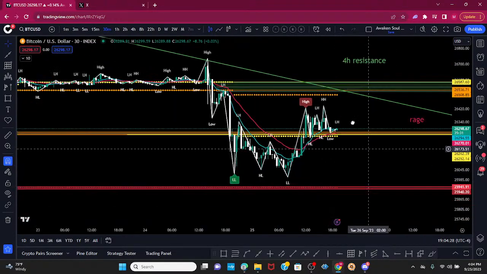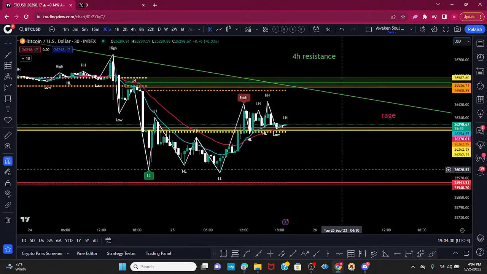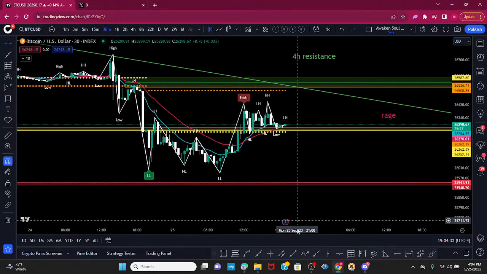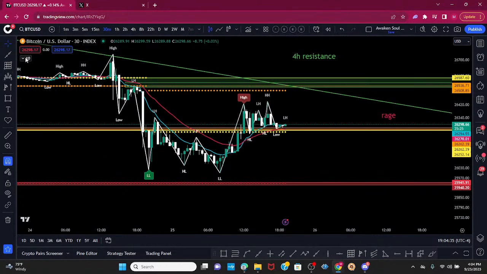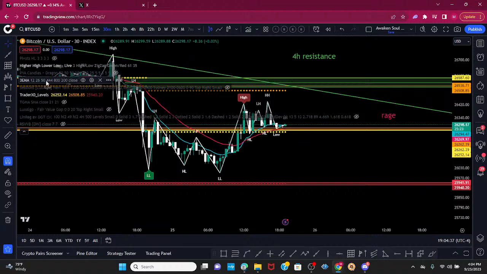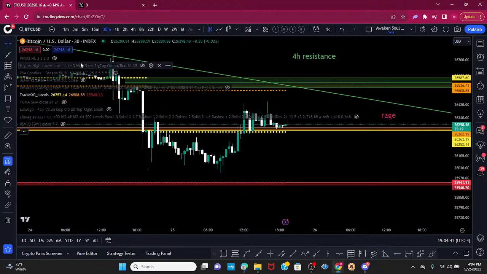But what else do I see? Right. Like I said, maybe a possible cup and handle. So I'm gonna get the measured move as like a cup and handle, and those are forex patterns that you